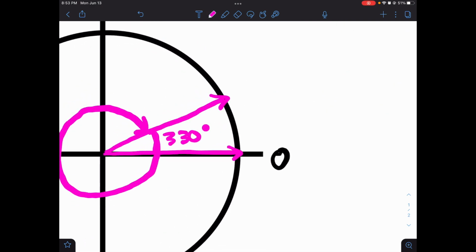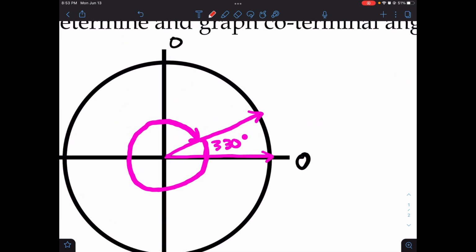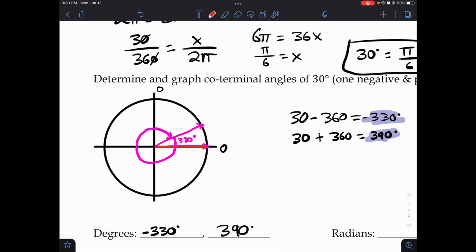$330, and then 390 degrees will go counterclockwise. So let me draw that in red. So we're still going to have the same initial side, and then we're going to go 390, meaning we'll go one whole rotation to get to 360, and then add 30,